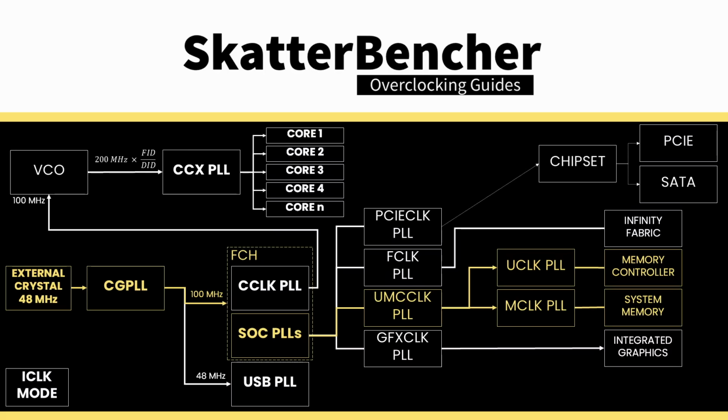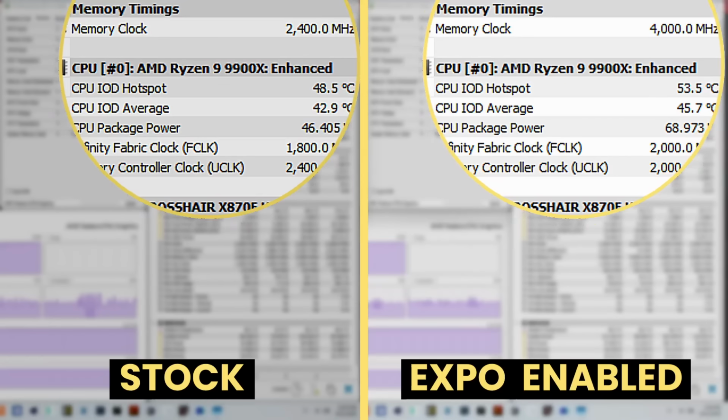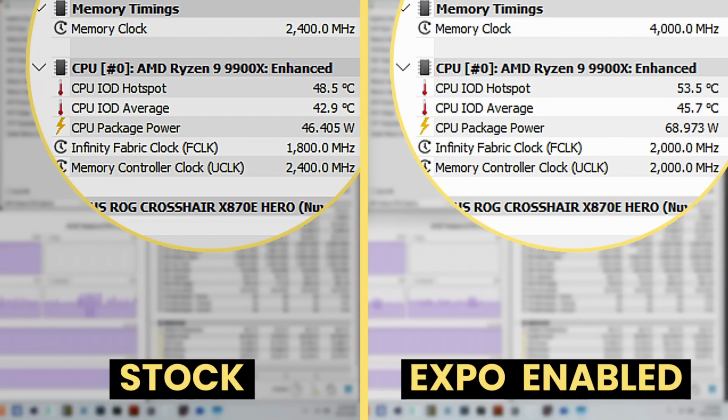The memory controller frequency is tied directly to the system memory frequency. It can run either at the same or half its frequency. At default, the memory controller runs at the same frequency as the system memory at 2400 MHz. However, we find that when enabling EXPO, the motherboard auto rules will drop the memory controller frequency to half the